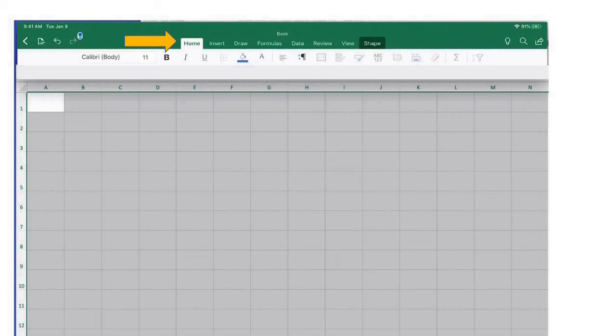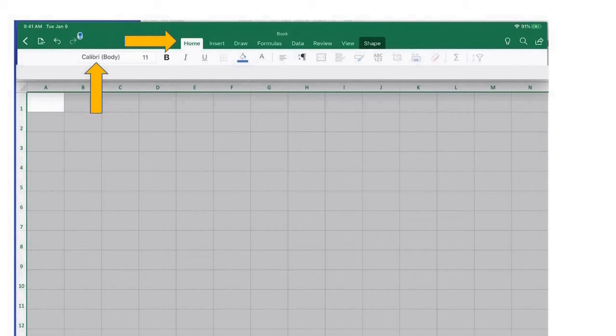So if you look at that top green bar, you see that Home is outlined in white, and then across the fields is Insert, Draw, Formulas, Data, and so on. We're not going to be talking about anything really other than the Home part of the menu. And it's important. It covers a lot of things that you haven't looked at before in this fashion. So let's start out with